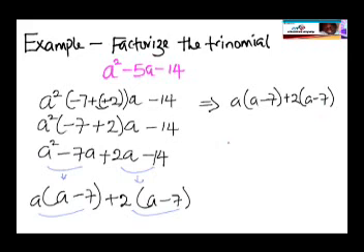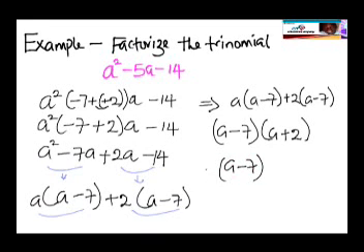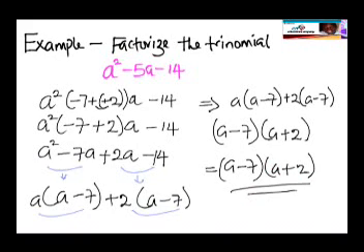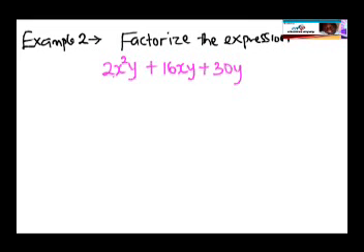I'm going to factor out a minus 7 out, so I'll have a minus 7 goes out of the first term. Whatever I have is going to be in a bracket, so a is left there. It goes out of the second term, plus 2 is left there. So here I'm going to have a minus 7. This is my final answer, a plus 2. It has been factored to the product of two factors. Remember, factorization has to do with expressing terms in product of its factors, and that is exactly what I have for that solution. So I'll go over to the next one here that says factorize the expression 2x squared y